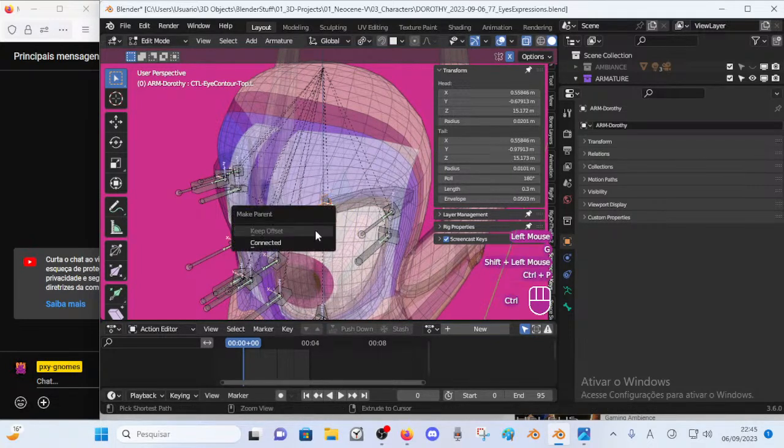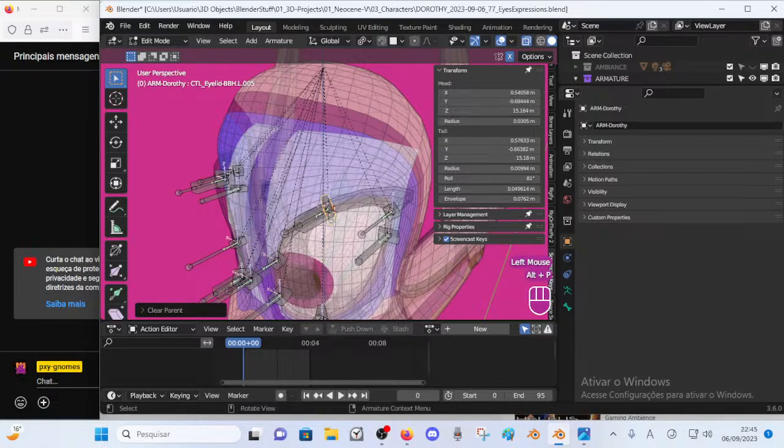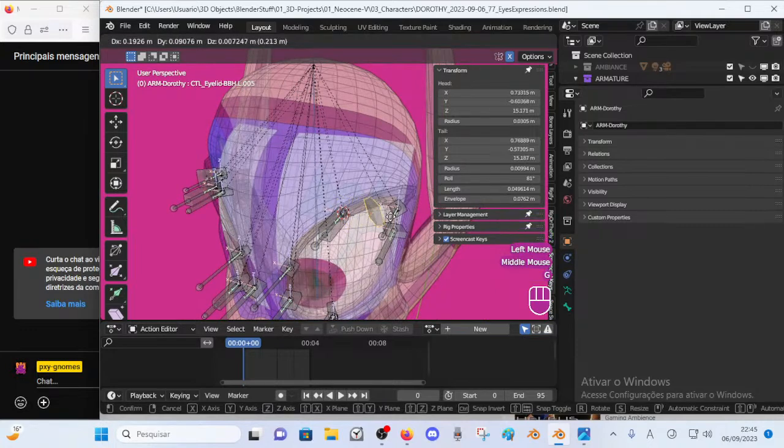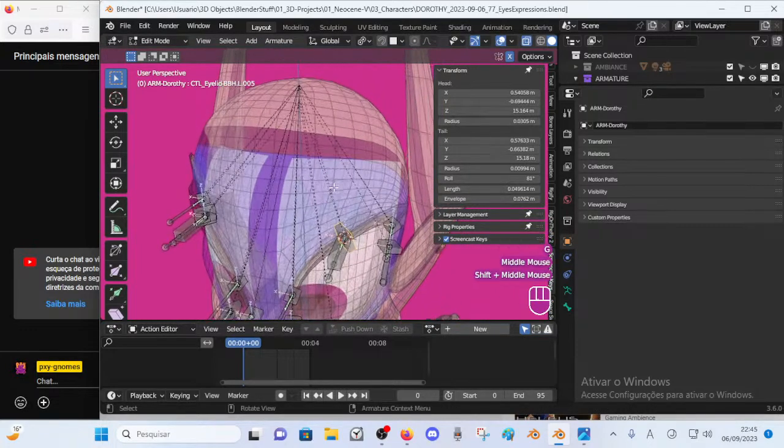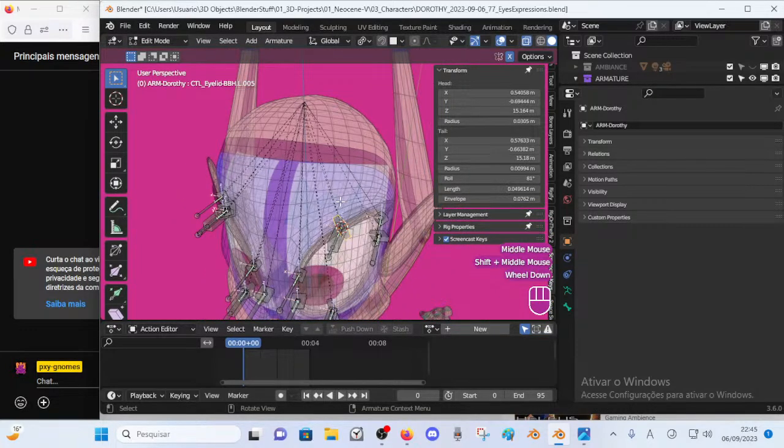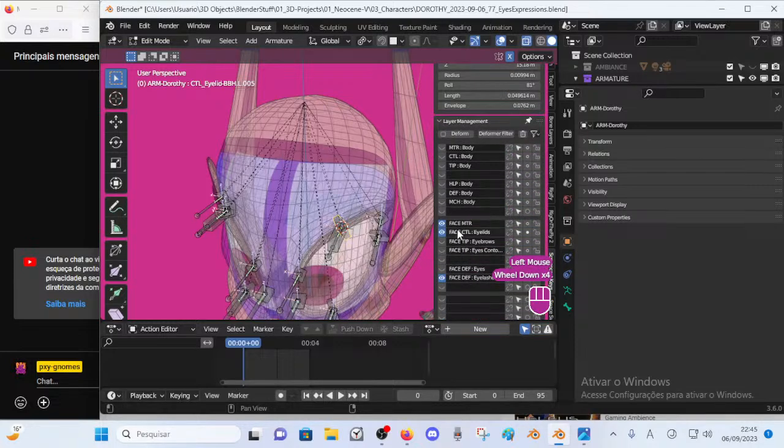Okay, so let's clear parent. Okay, I'll attempt something different, right? We'll see if it should be possible to have something different. Taking the risk for a good cause. I'll try to reproduce that tilting, right?